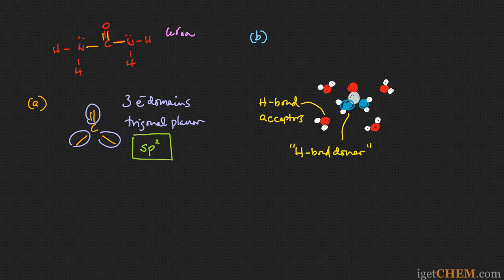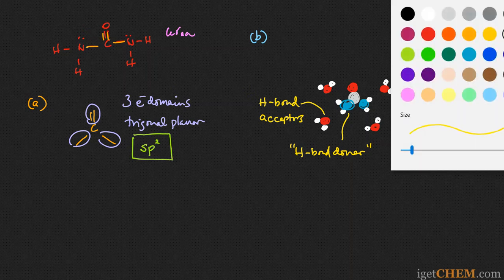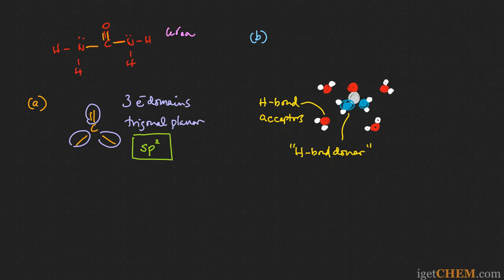But in order to do that, the hydrogen bond must be made such that the hydrogen bonding donor and acceptor have a hydrogen between them. So the geometry must be right in order to facilitate the hydrogen bond. So you see in this case, this is the right geometry. This oxygen right here can accept the hydrogen bond from that nitrogen via the NH bond that is on the